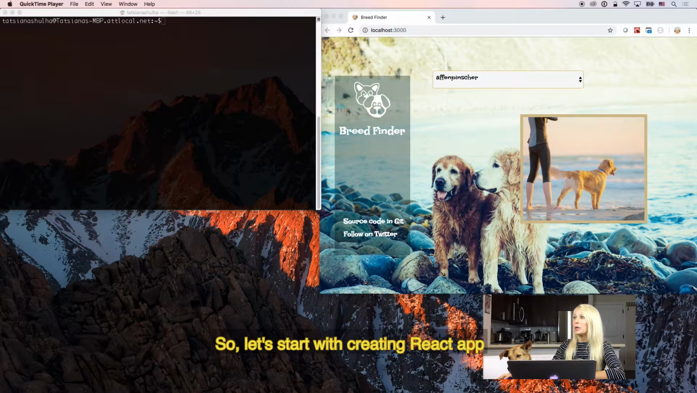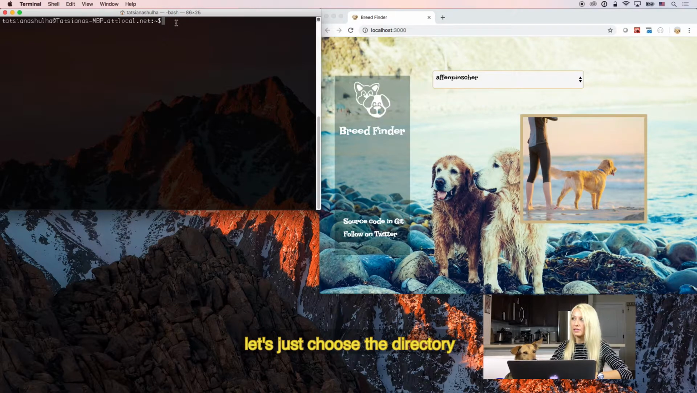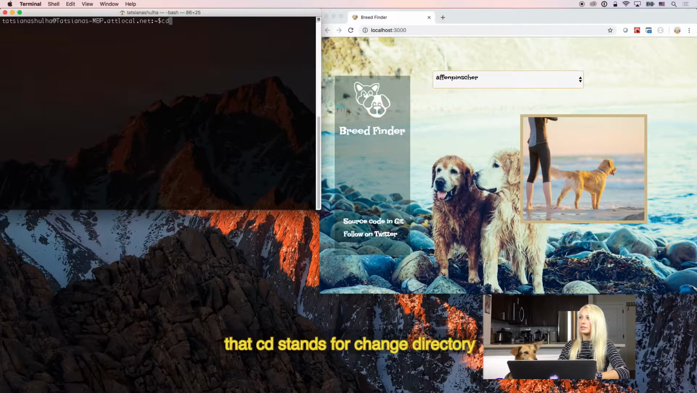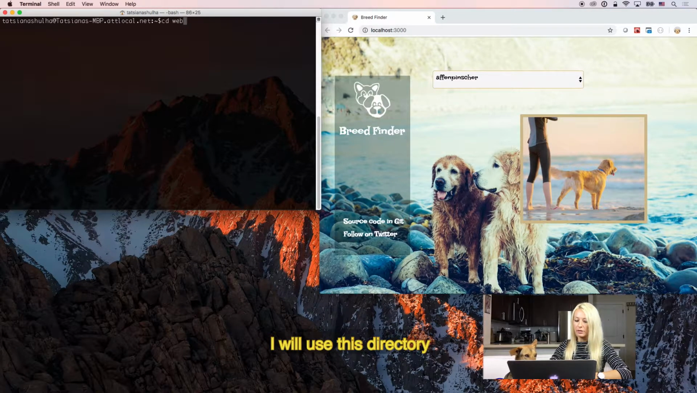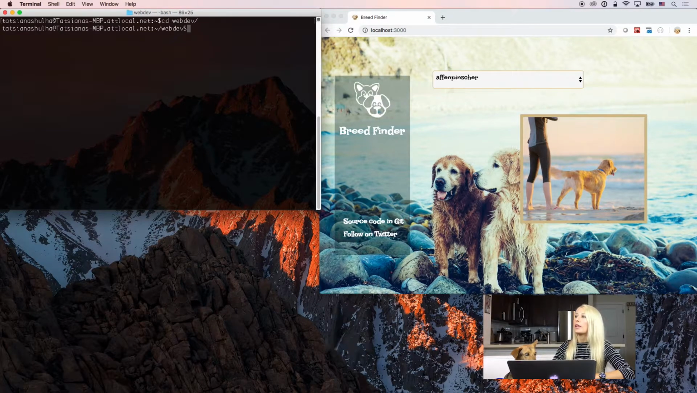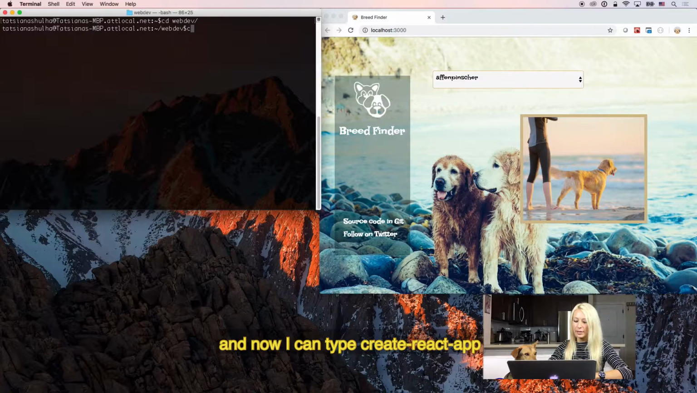So let's start with creating React app using terminal. Let's just choose the directory where we would like our application to live in. Change directory. CD stands for change directory. I will use this directory. Enter. And now I can type create React app